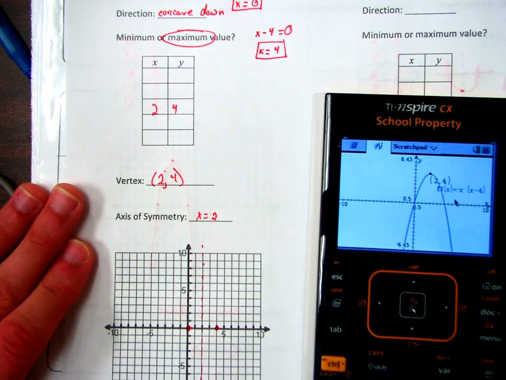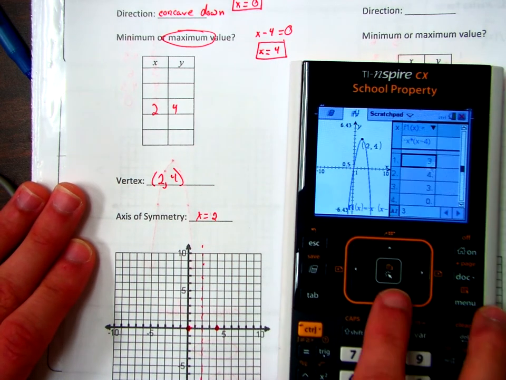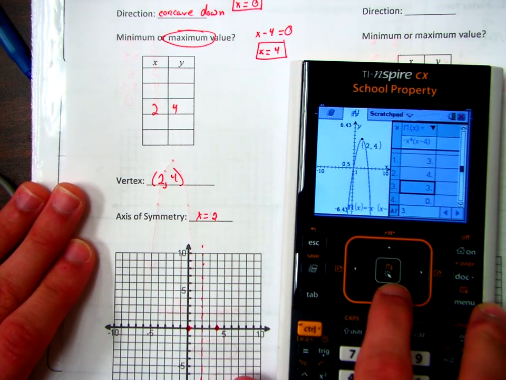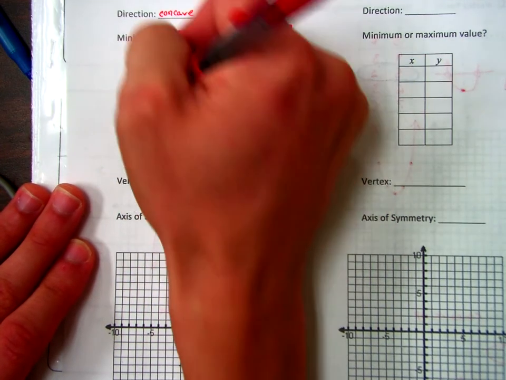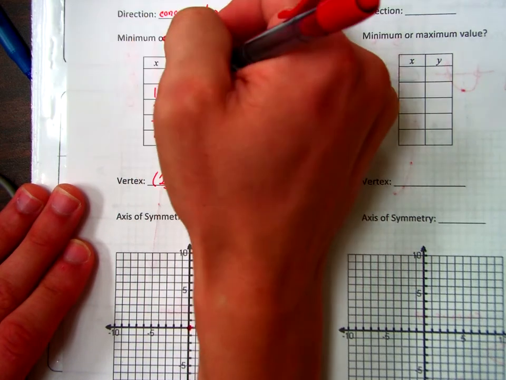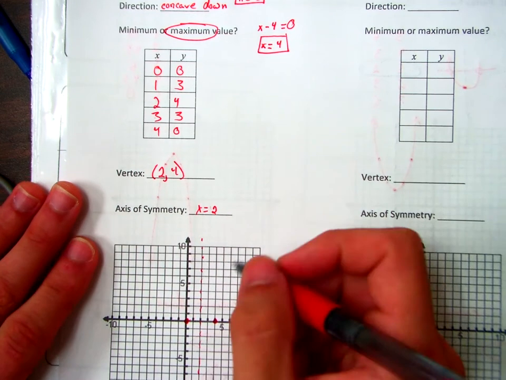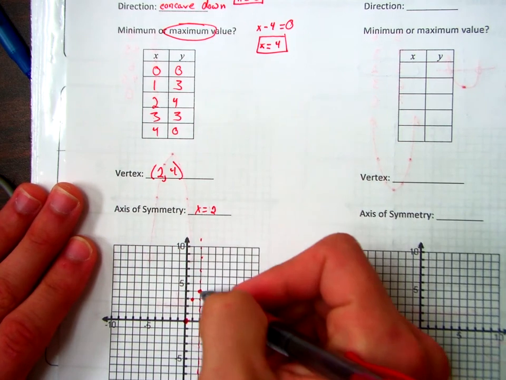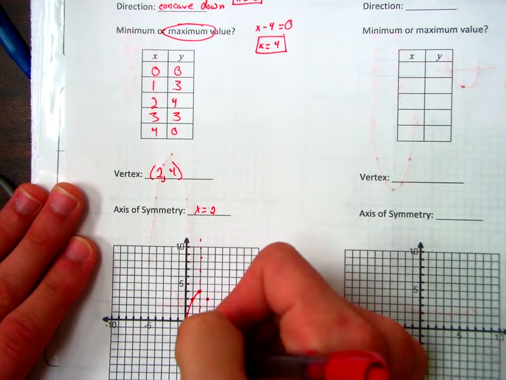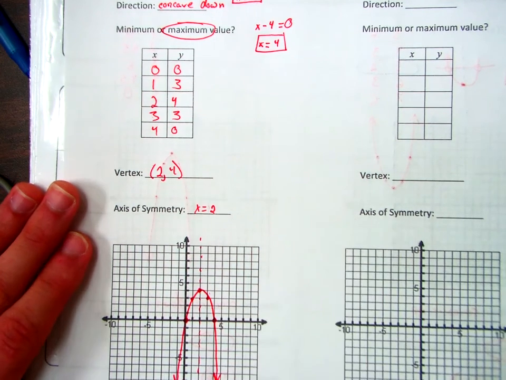So just getting a few more points on here. Let's go ahead and look at the table. 2, 4. Okay, so there's my vertex. Now here's 3, 3 and 4, 0. 3, 3, 4, 0, which means that there's going to be a 1, 3 and a 0, 0. Okay, so 1, 3. So something like that. Okay, so there's that one,